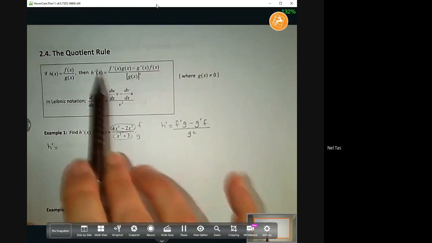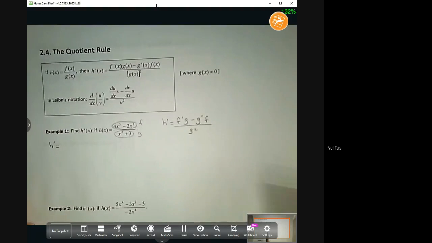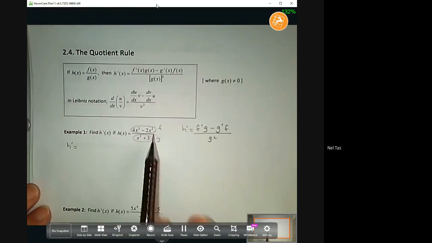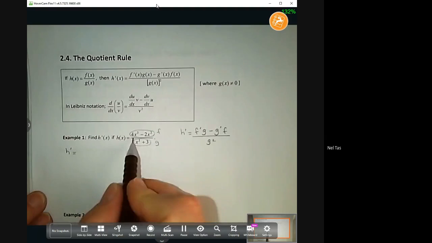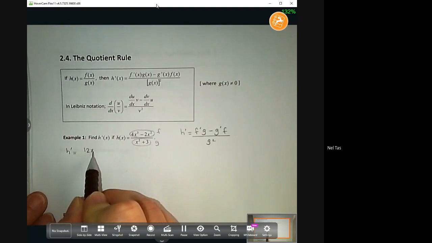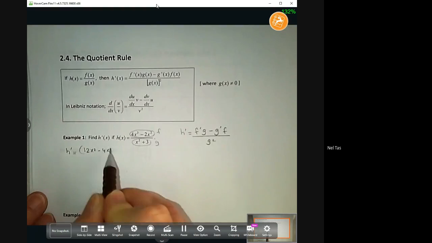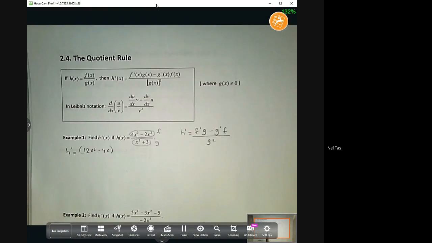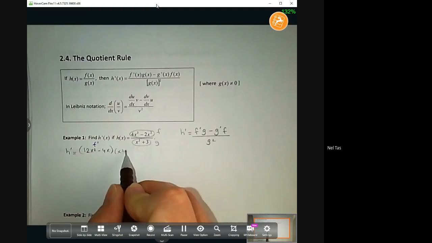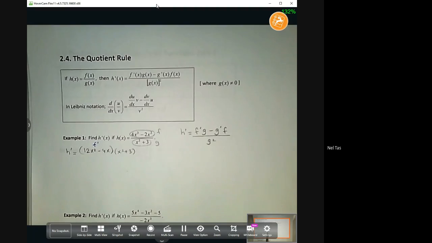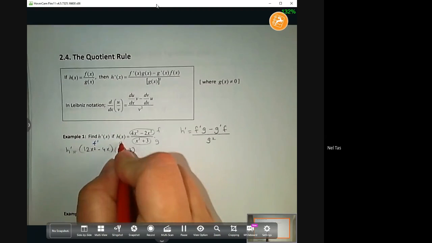Okay, so without the x's, you can just simply represent it like this. So we are going to take the f prime, the derivative of numerator, which is 12x squared minus 4x. Okay, so that is f prime. So we multiply this by g, x squared plus 3. So that is g